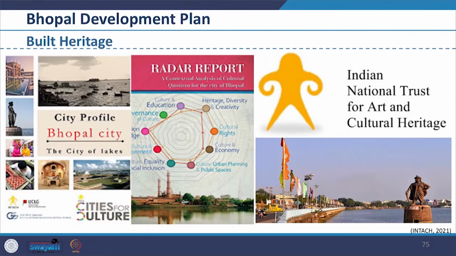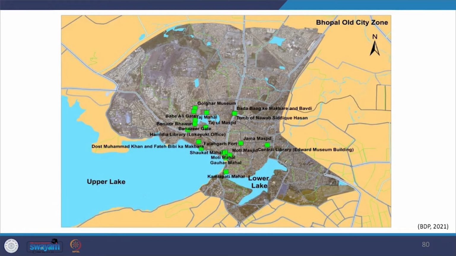An inventory of the heritage buildings of cultural, historical, socio-economic and architectural values was also prepared by INTACH, which is the Indian National Trust for Art and Cultural Heritage, in 1984, resulting in a document of more than 281 buildings divided into 4 grades based on the respective values of each building. In the map, the gates of heritage importance have been marked in the document. For example, you can see the gates Bab-e-Sikandari, Saukat Mahal Gate, Sardar Darwaza, Kala Darwaza and so on.